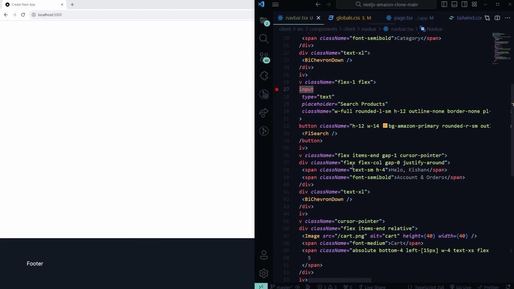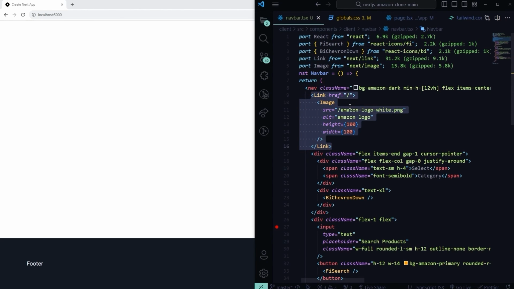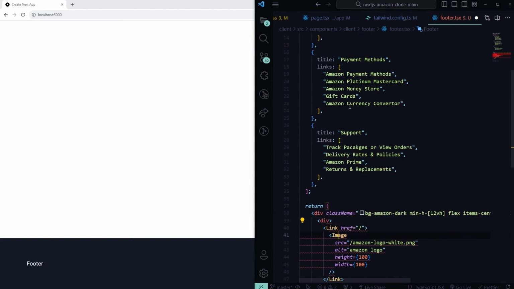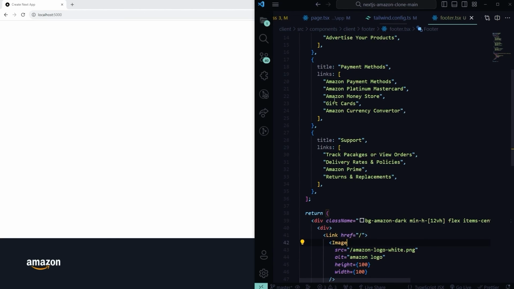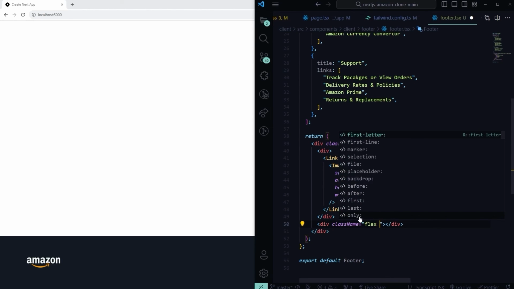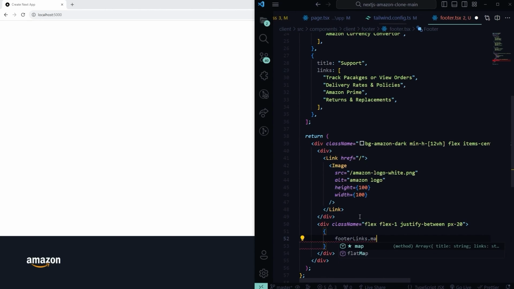So let's head over to Navbar, and I'm going to copy that logo from here and paste it. Let's import the Link from next/link and Image from next/image. Save it, and we have the Amazon logo, and after that we just have to map the links. So after this div, we'll have another div with flex of 1, justify between, and the padding x of 20, and we'll have footerLinks.map